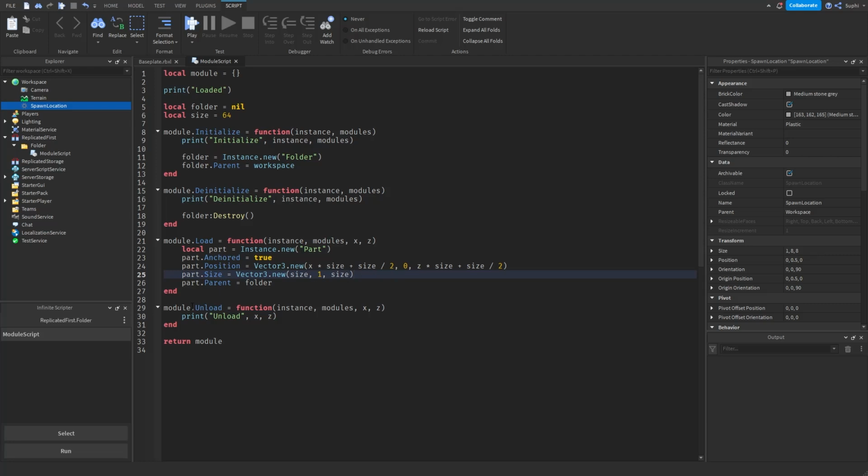Let's now set up our unload function. So the first thing we're going to need to do is have the ability to get the part inside of this unload function. So currently each part has the name part, but if we use a unique name for each part, then the unload function can find the part in the folder using that unique name. So to do this, I'm going to say